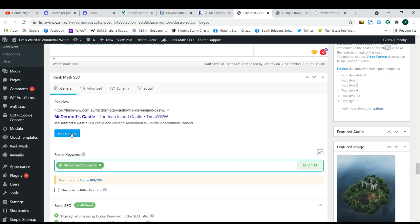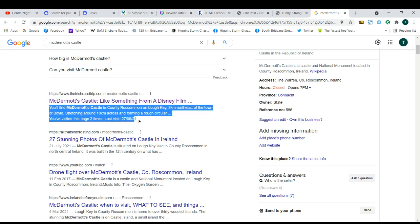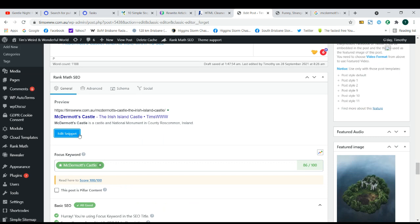This first section here is meta description and meta title. Sounds pretty complicated, but it's not. Basically, for instance, this website, that's the meta title, and that's the meta description. What you write in here, edit snippet, is what will show up in Google search as a preview and a title. It's a bit like what you want to write on an ad in a newspaper. This is something you don't have to do. Some SEO specialists think that this does improve rankings, some don't, but one thing it does do is improve click-through rate,